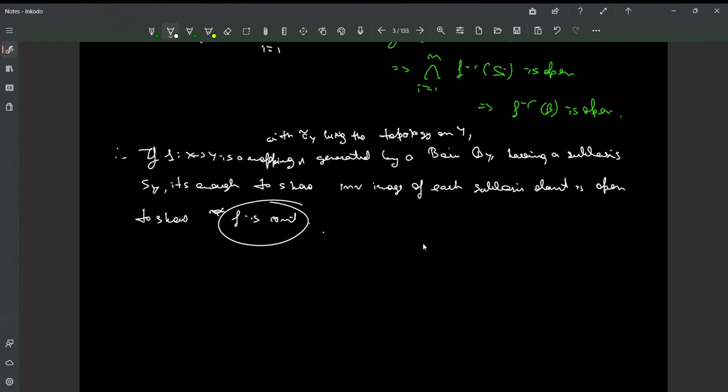So an immediate definition which arises from the concept of continuous functions is the concept of what a homeomorphism is. All the theorems and lemmas related to continuous functions we will be studying in the next lecture on continuous functions. What is a homeomorphism? So f from X to Y is said to be a homeomorphism